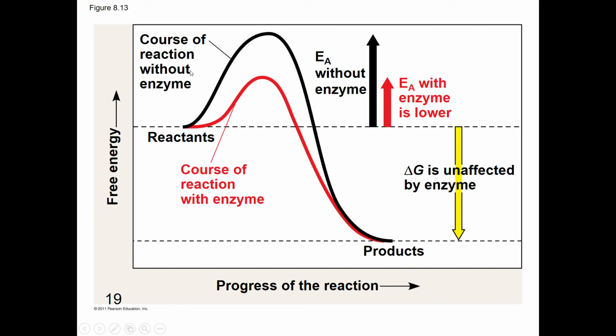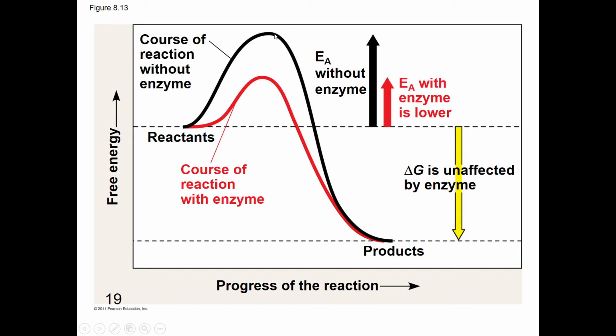All right, so you guys have seen this already, right? Energy in reactants, energy in products. That does not change. That is your delta G. But what we're going to add to our graph now is the activation energy, the amount of energy I have to put in to break the bonds in the reactants so that the new bonds can form. So you can see that without an enzyme, that energy barrier, the activation energy without an enzyme,